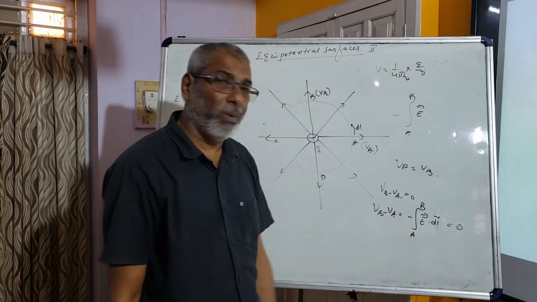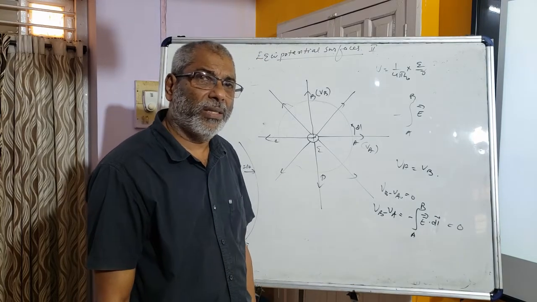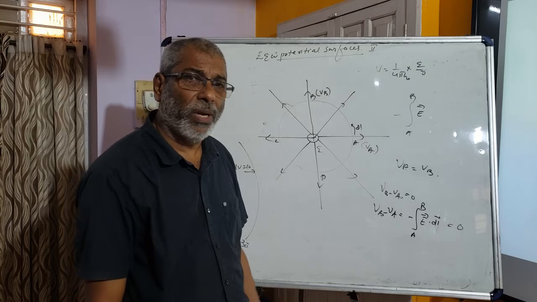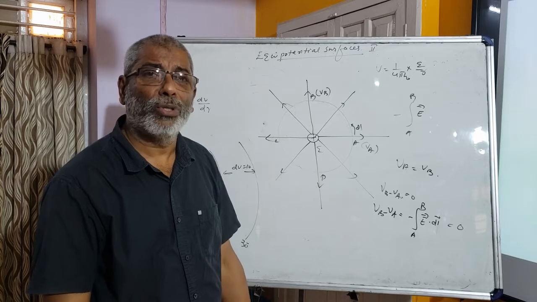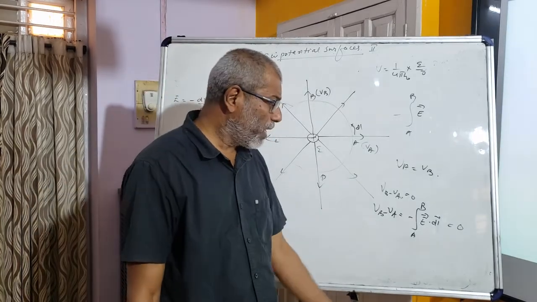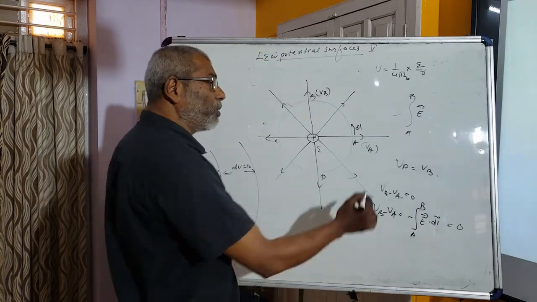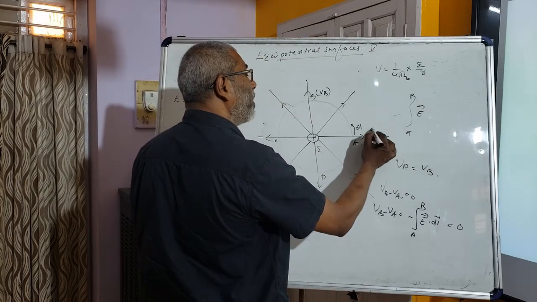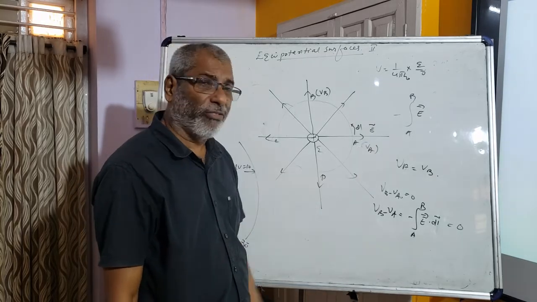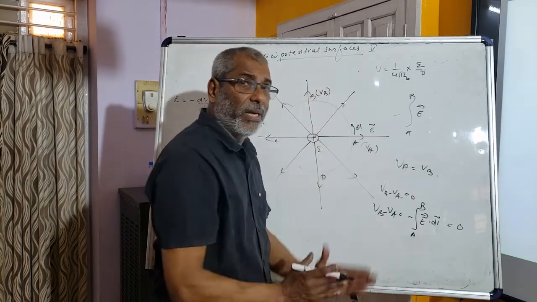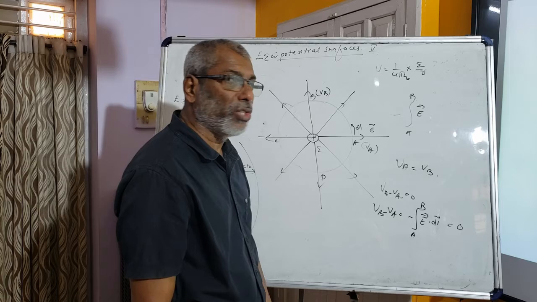If E dot dl is equal to 0, we can say E dl cos theta is equal to 0. That was explained yesterday. E is not 0, dl is not 0, so cos theta is equal to 0. When is cos theta 0? When theta is 90 degrees. Hence we can say that E is perpendicular to dl. E means the direction of the line of force, and the line of force shows the direction of the electric field. dl is the path along the surface, and E is the intensity of the electric field.